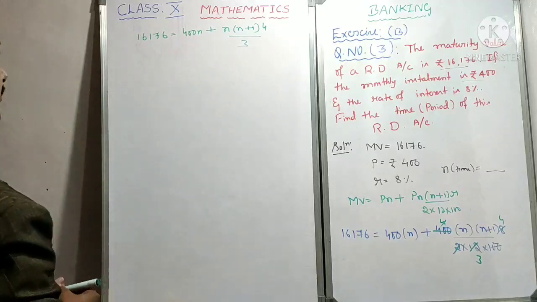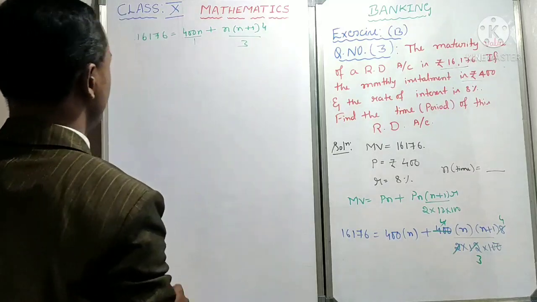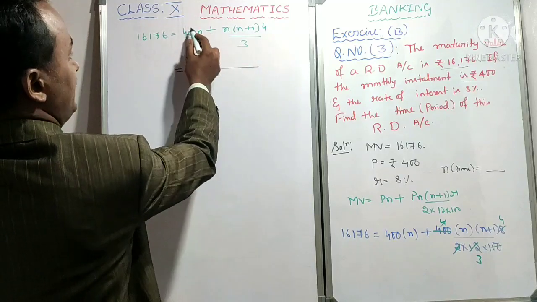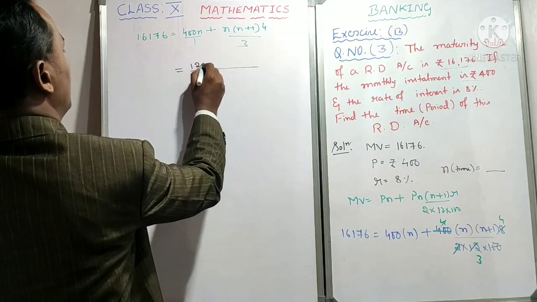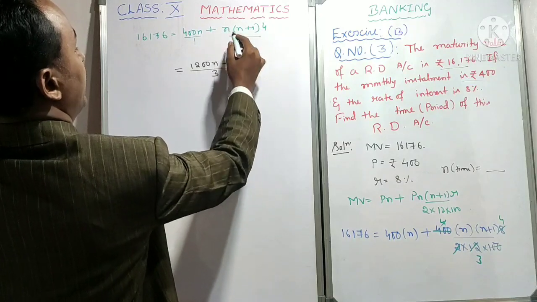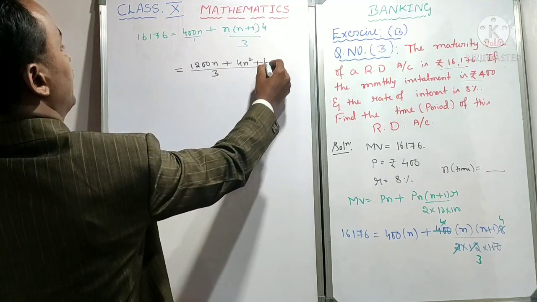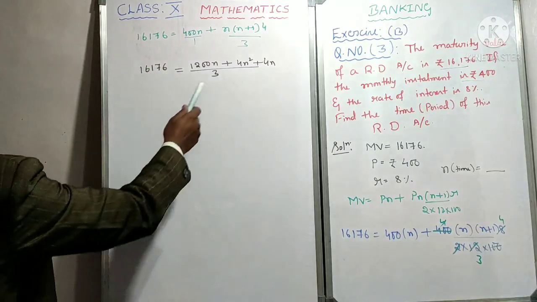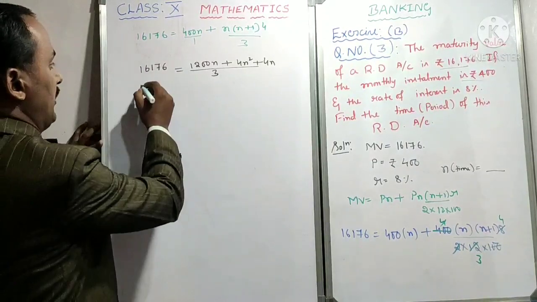Now I will take the LCM. Like the previous problem, I will take the right hand side only, I will take the LCM. Okay, very easy. See, 3 is the LCM. 3 and 1 LCM is 3. Draw the line is equal to, see, this fraction multiplied by 3, numerator multiplied by 3. 400 into 3 became 4 3s are 12, 00 as it is, N plus multiply by N and 4. 4 into N is 4N, 4N into N is 4N square, plus N into 4 into 1 is 4N. Then left hand side 16,176. What next step? Cross multiplication. This 3 cross multiply to left side numerator. I will write as it is in product.